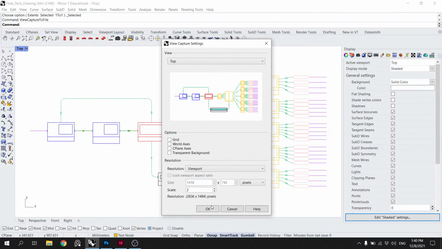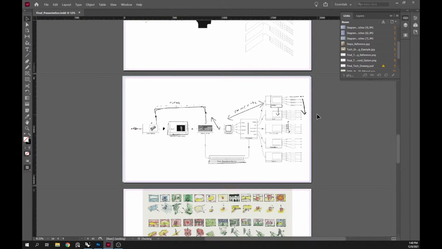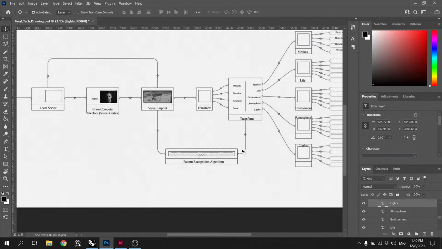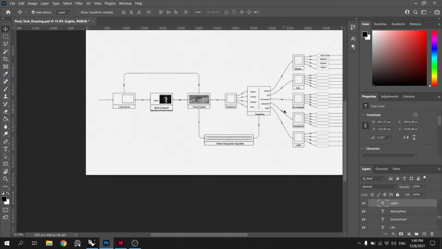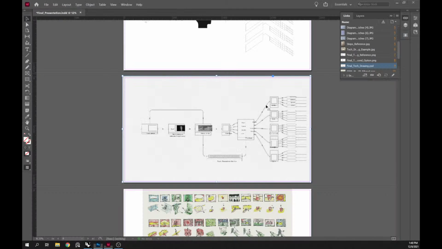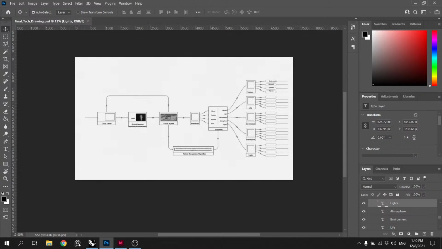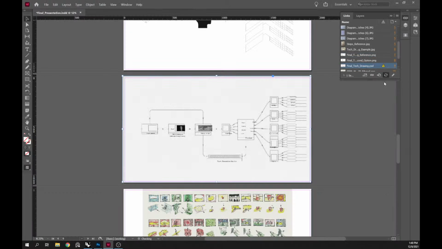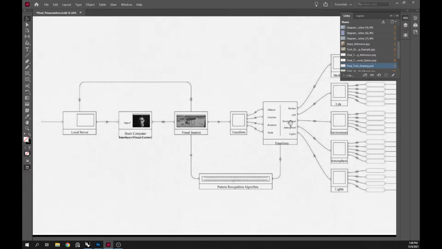View capture file. That can get updated. Okay, this comes down. Okay. This comes here. Saved. Maybe.